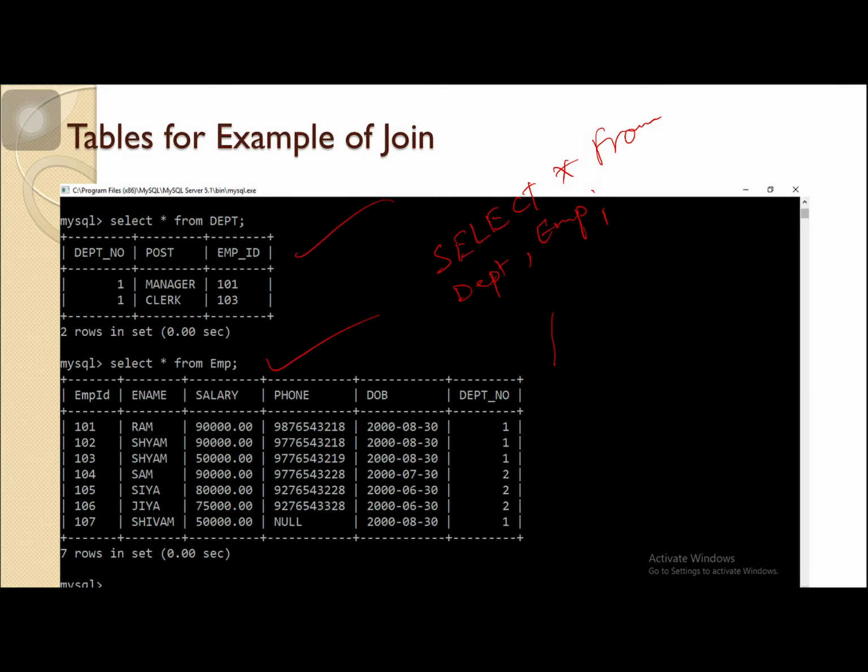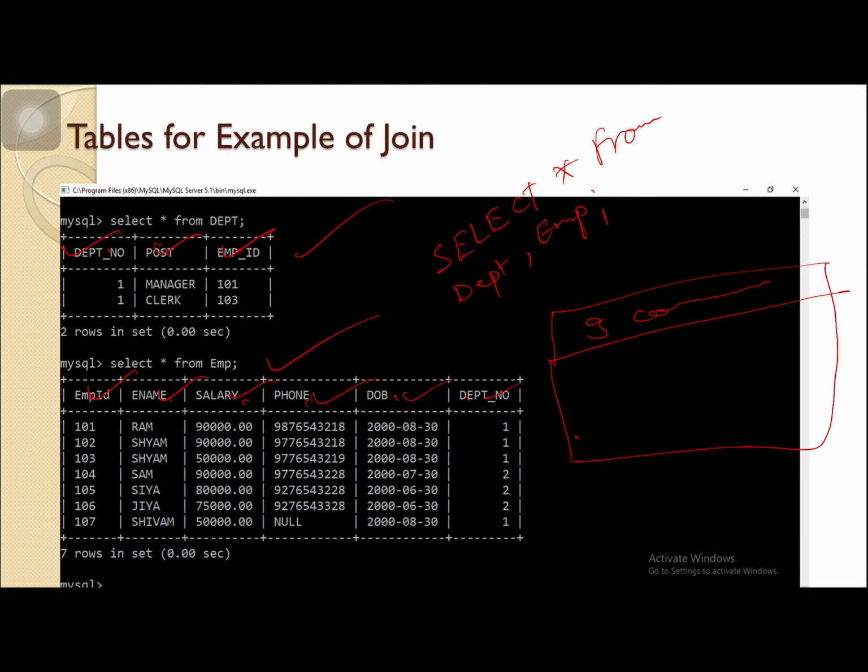Then what will happen? A new table will be shown which contains all the columns of this table and also all the columns of this table. Then the resultant table will contain the columns 1 2 3 4 5 6 7 8 9, total 9 columns.